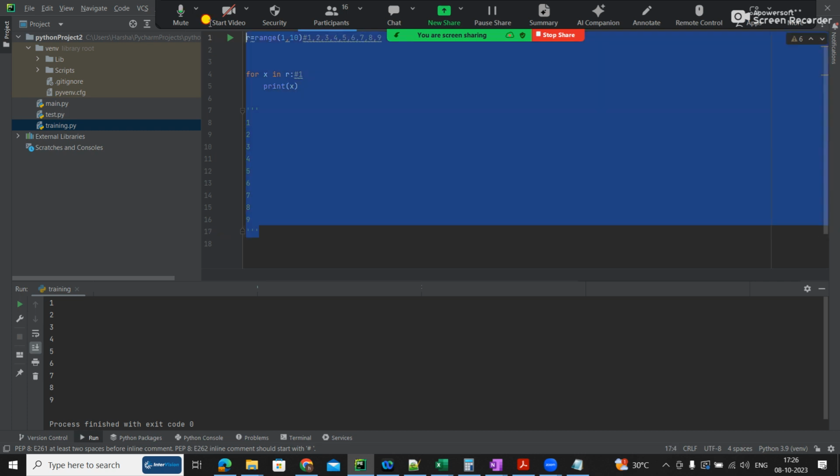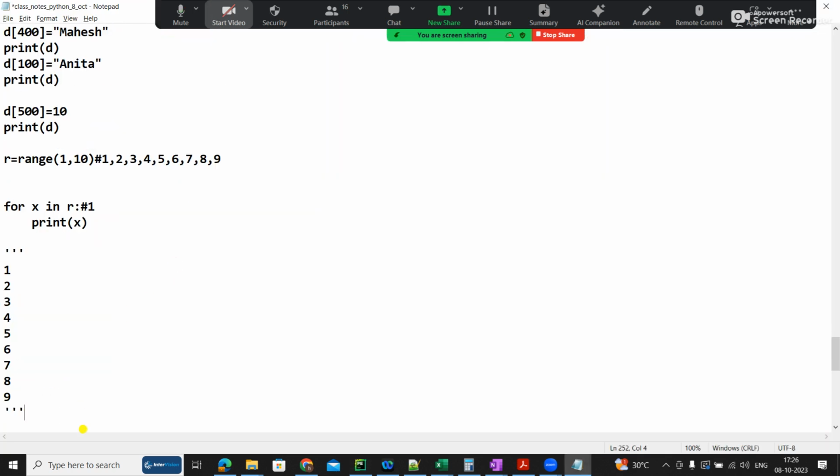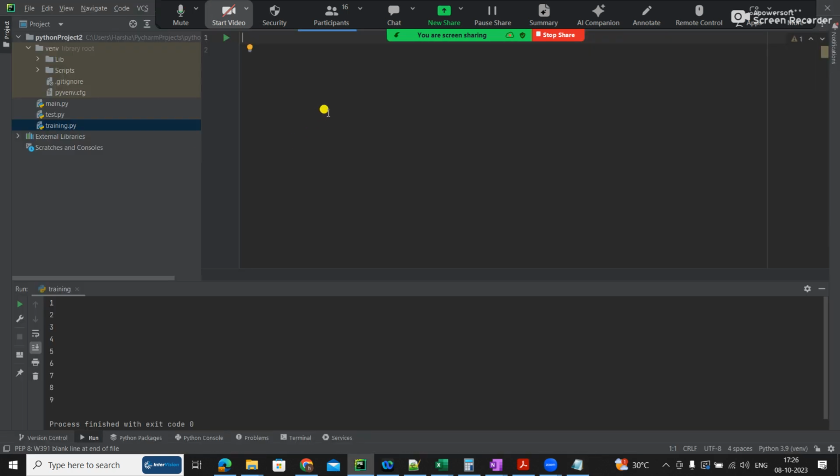The question is similar. I'll just take this here, let it be here. The question is I want to get the even numbers. This can be an interview question, even numbers using range function.